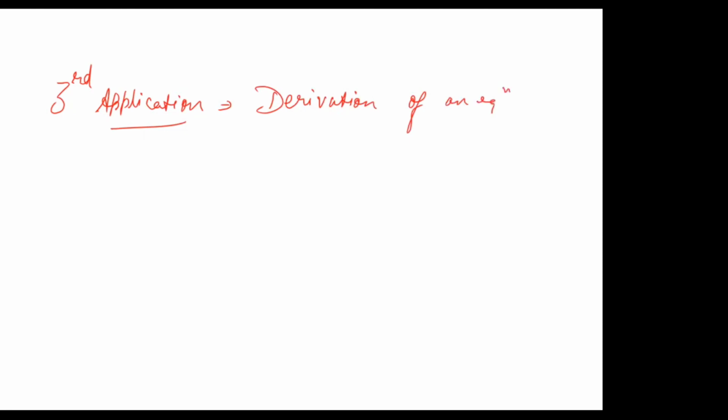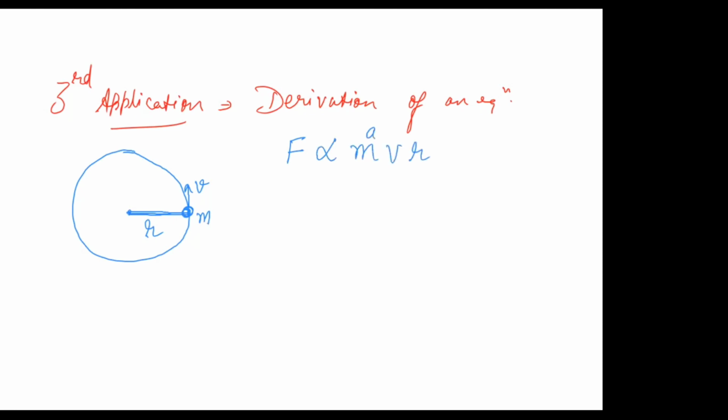For this, let us consider a body traveling in a circular path having mass m, and this circle has a radius r, and this body is moving with velocity v. So there will be a centripetal, that means center seeking force. Now we do not know how it depends on radius, mass, and velocity. But let us consider that it is directly proportional to m, v, r raised to the powers a, b, and c